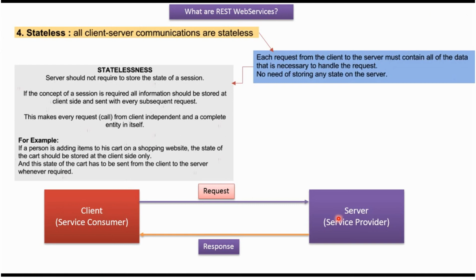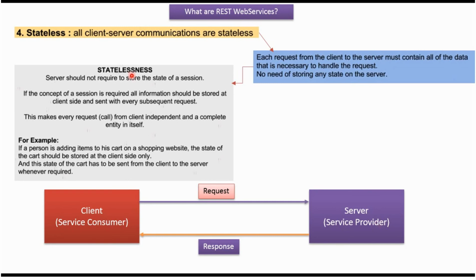Here you can see the server, here you can see the client. In case of RESTful web service, the communication between client and server is stateless, which means whenever the client sends a request to the server, the request should contain all the data which is necessary to handle the request, and the server won't maintain any state or session.